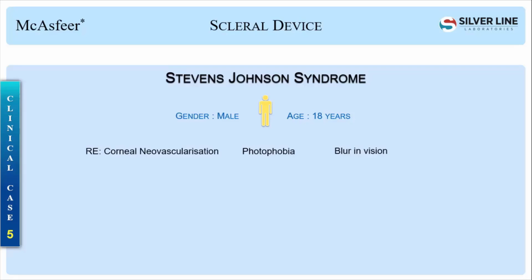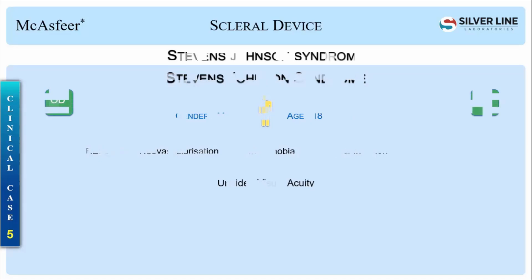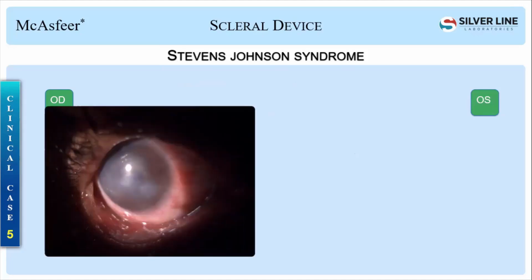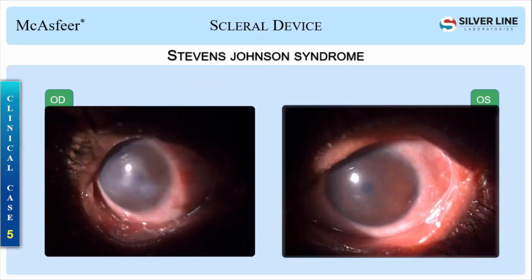In the right eye, it was worse compared to the left eye. Neovascularization was more in the right eye, and there was photophobia and very little vision. Visual acuity for him was 5/60 in both eyes. He can open the eye only for certain minutes, so we couldn't get the vision properly. This is his right eye slit lamp view, and then the left eye.